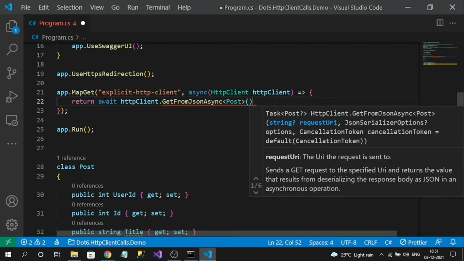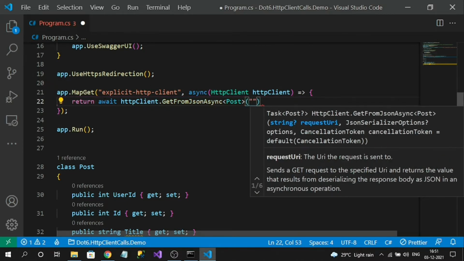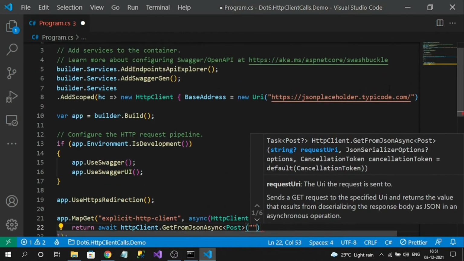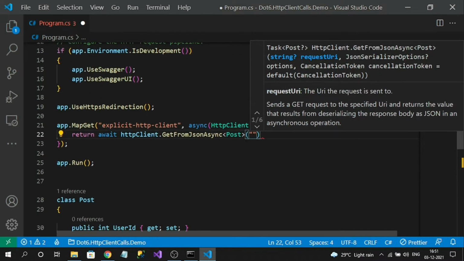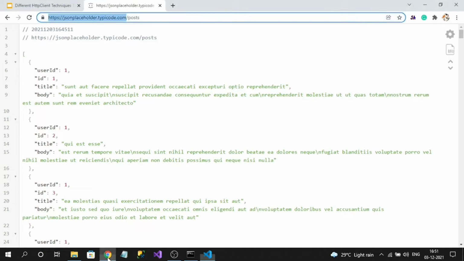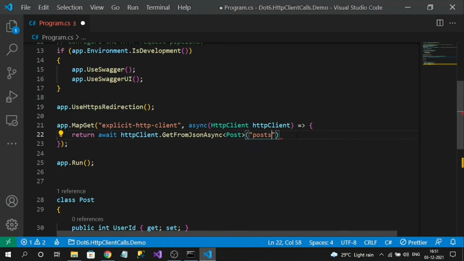Since I already registered the domain, I need to pass only the remaining path of my API, which is posts. That's it. It will return the third-party API response.